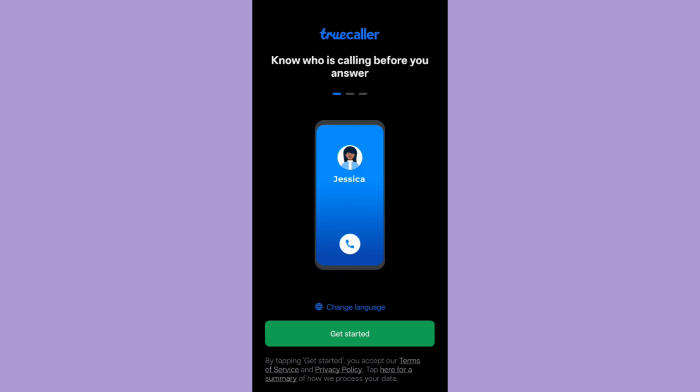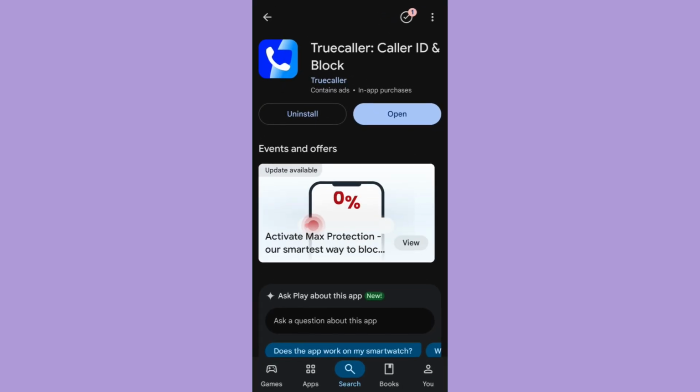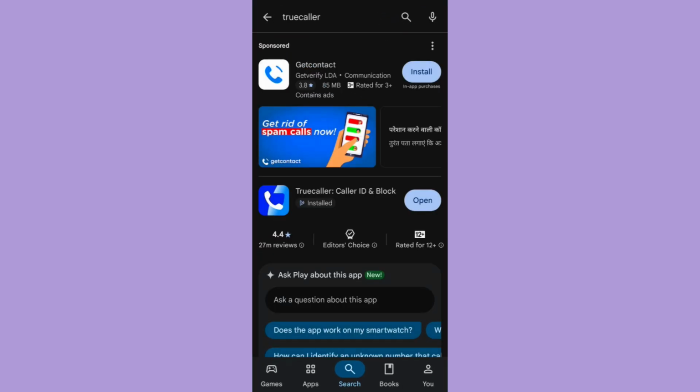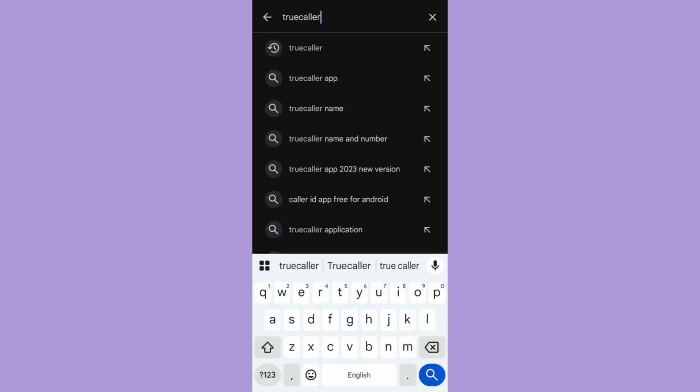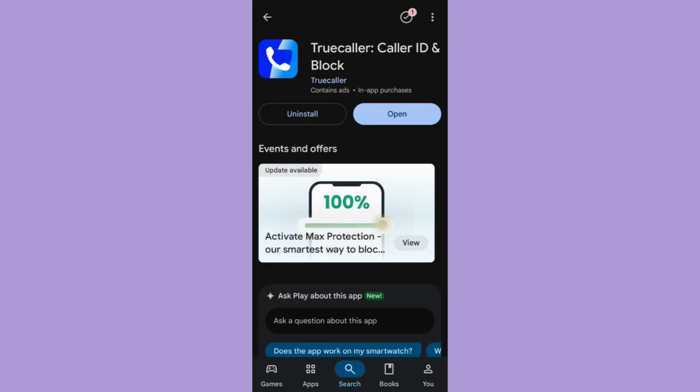Now, if the issue still persists, you can simply come inside your Google Play Store or App Store. Over here in the search bar, simply search for the Truecaller app. Once you are able to find the application, if you see the update button over here, simply tap on the option of update in order to update your Truecaller application to the latest version. This particular step is going to refresh the app properly and it will make sure that all of the functions